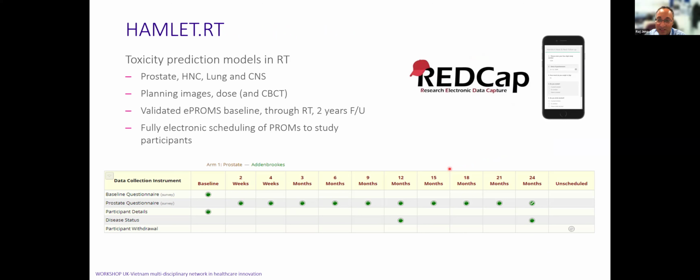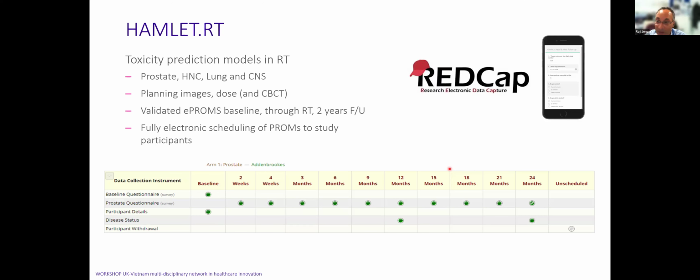And so we had this idea to produce an AI study, and all it was doing was collecting really good imaging and outcome data for the specific purposes of building machine learning models that were particularly interested in time series data. So in other words, radiotherapy toxicity changes over time after you actually deliver the treatment. And so we created this study in partnership with Microsoft Research initially, called Hamlet-RT, that was designed to build toxicity prediction models in 4 tumor sites: prostate, head and neck, lung, and brain, which is what we're talking about today.